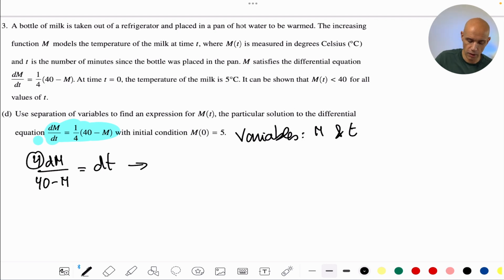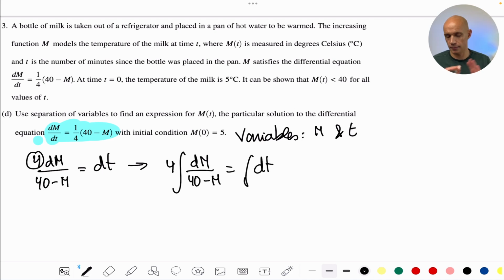But now let's be careful because we have to integrate this. So let's not forget that we have a number 4 here. We have this, and then we have this. Now, the right-hand side is great. It's just t plus some constant, right? Arbitrary until